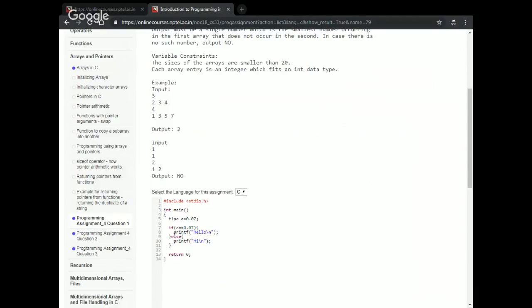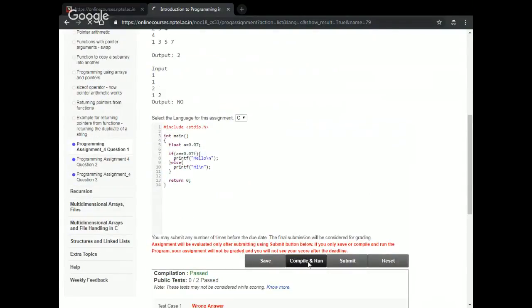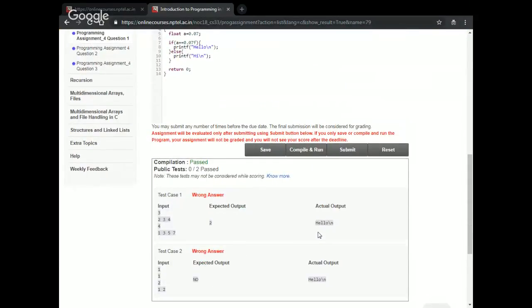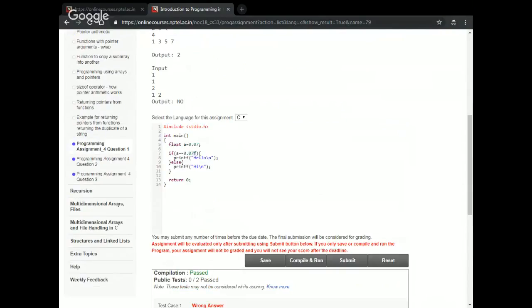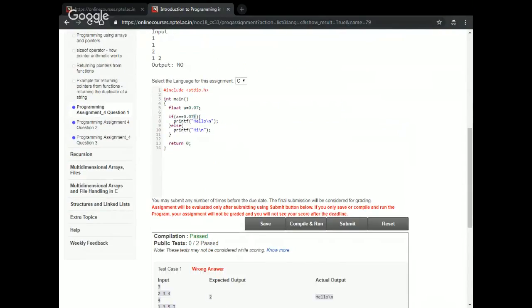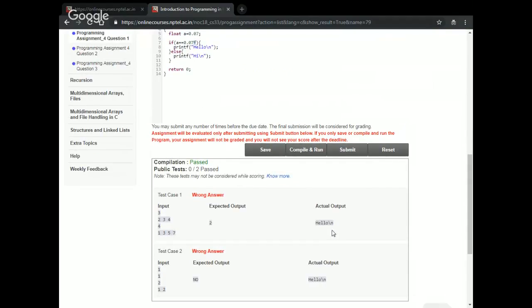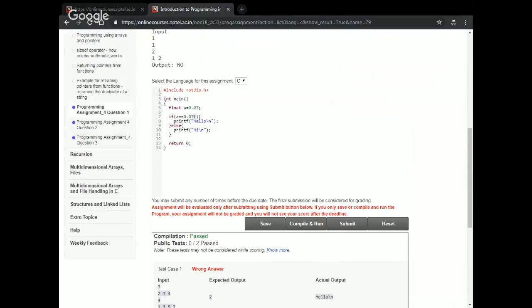Let's try a couple of ways to fix that. In this code, I have said that 0.07 is to be treated as float by giving 0.07f. So since a is float and the constant 0.07 is also treated as float, this equality succeeds and it prints hello. The way to say that is, I can also say that if you have 0.07, I'll cast it, I'll ensure